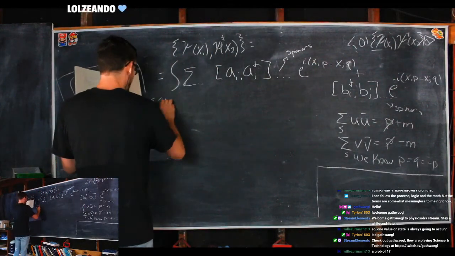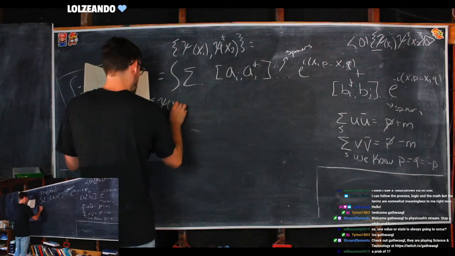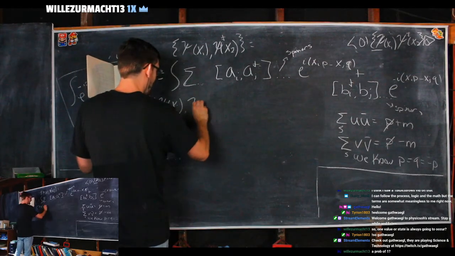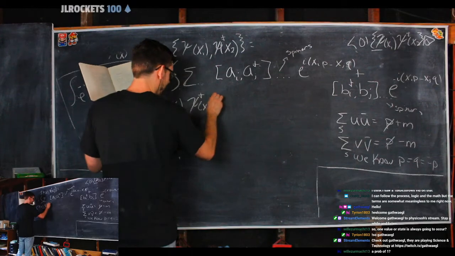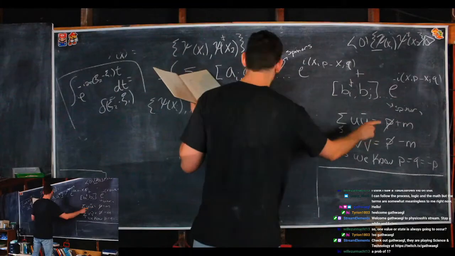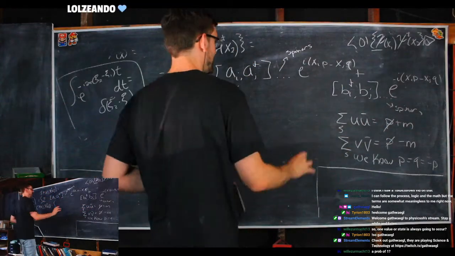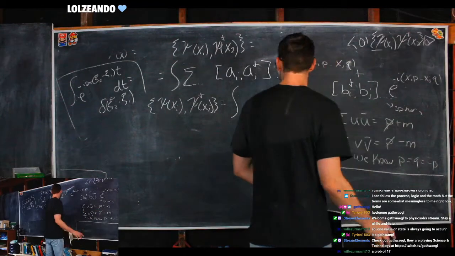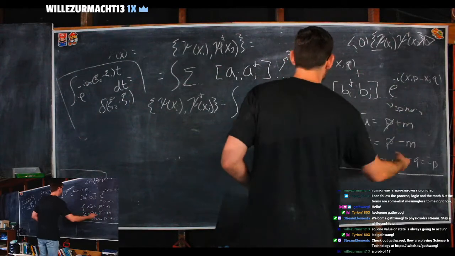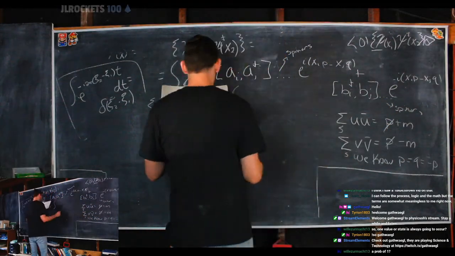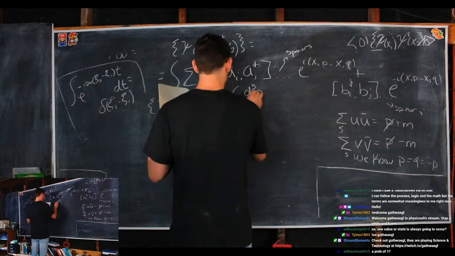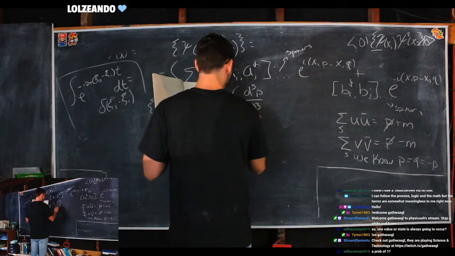The anti-commutator of psi of x_i and psi dagger of x_j is going to equal the integral. Remember, all of these are taken care of. We're going to throw them away for now. You can bring them back in at any time. This is just momentum and mass. I'm only worried about what's going on with the particles, not the way they look and how they interact. I'll show you them later when we get to the Feynman diagrams, but I won't talk much about them right now. Instead, let's talk about the final thing, which is d^3p over (2 pi)^3,